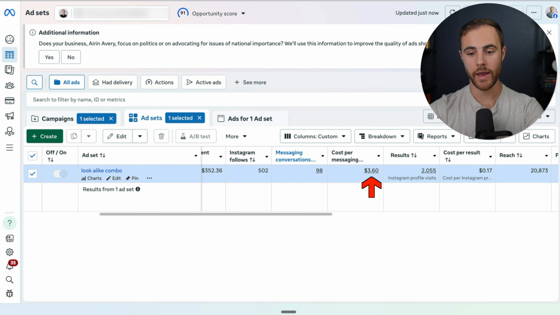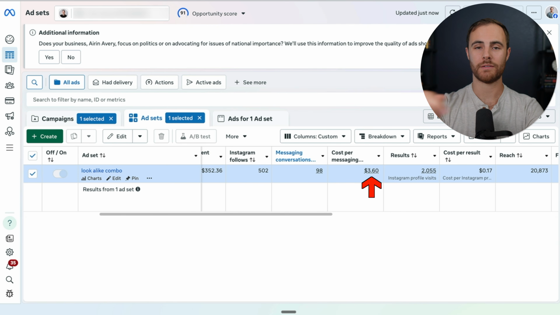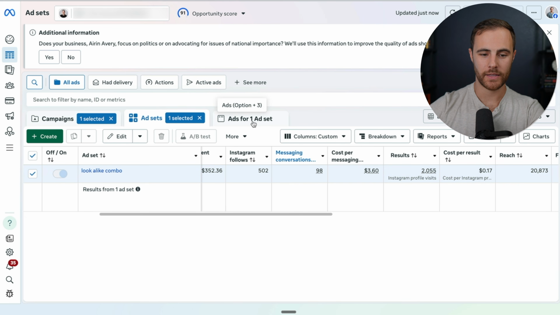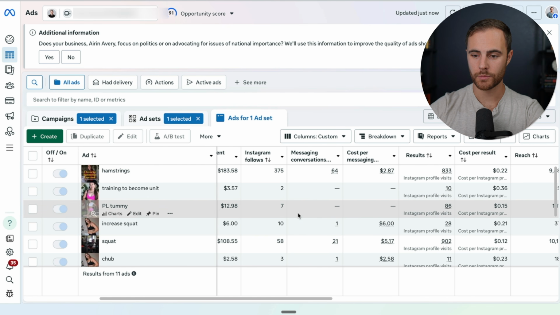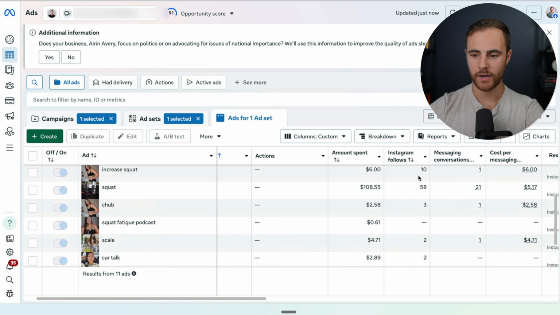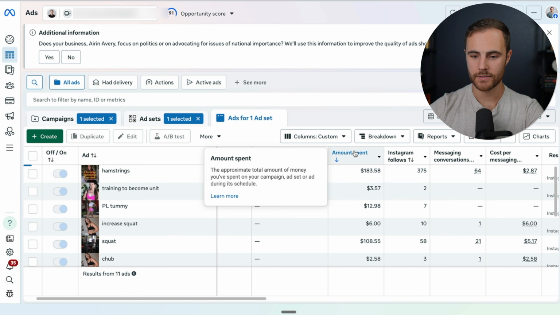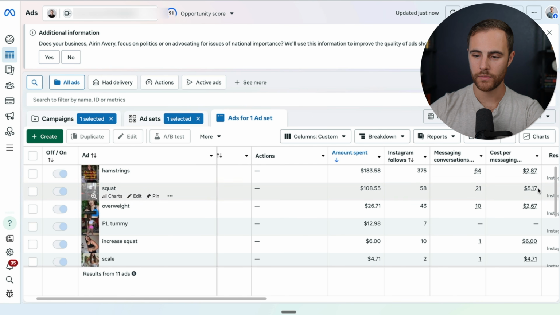She's in a really good range, right? If I was to run a conversion ad or a DM ad, I might get a $2 to $3 cost per lead, but they may not respond. Right here, this is the dollar amount that we're paying for someone to respond to our first message, right? And then inside of here, we can even see what the cost per result is for these across the board, right? What's the cost per follow? So the one that got the most spend right now has the better cost per follow or message than this